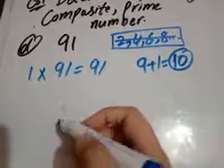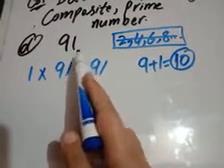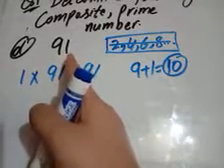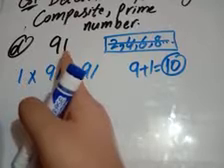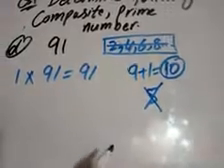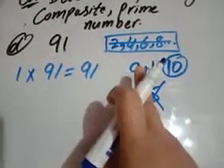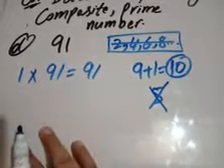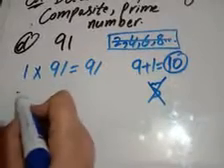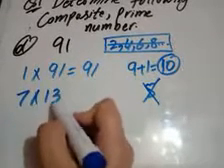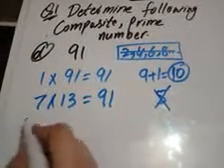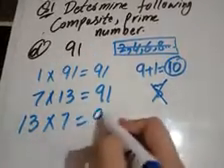Similarly, apply the divisibility test of 5. In the divisibility test, in the ones column there should be a 0 or a 5, but in 91's ones column there is a 1. So 91 also cannot be divisible by 5. As 6 is an even number, an even number cannot be a factor of 91. Let's move toward 7. As we know, 7 13s are 91. So both 7 and 13 are factors of 91. As 13 7s are 91.